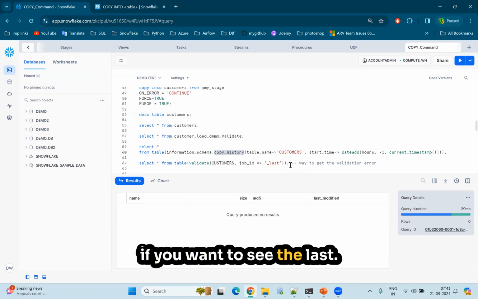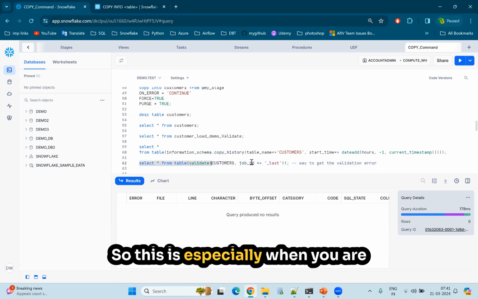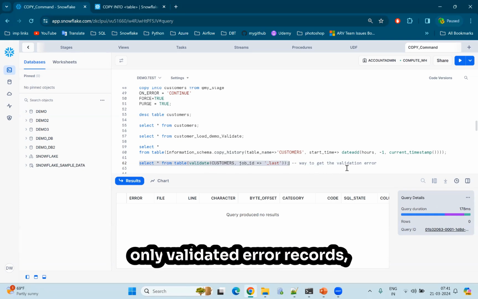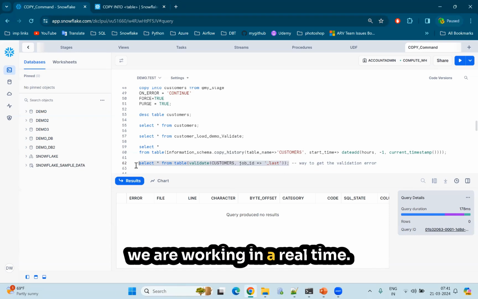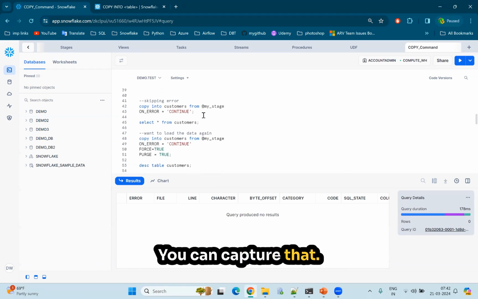If you want to see the last rejected records, especially when you are running that validation mode, and you want to capture only the validated error records, you can run this command. This is kind of a customized command when we are working in real time. If you want to do some hacks and tips, at that time we can use this. So when I'm running that validation mode, you can capture that. So for example,